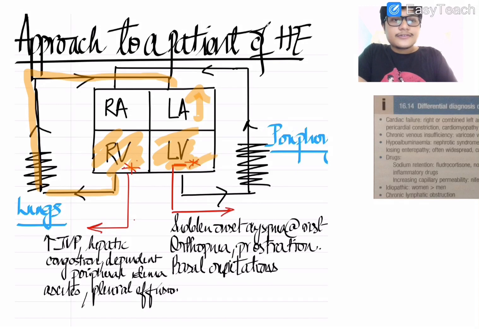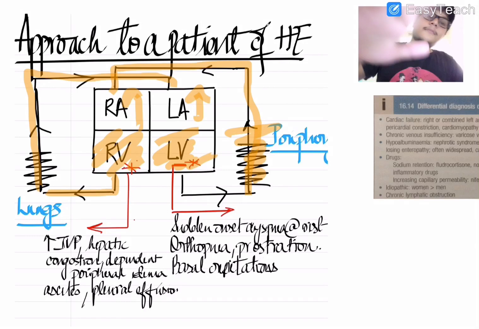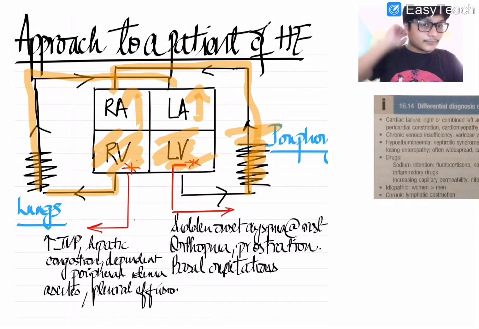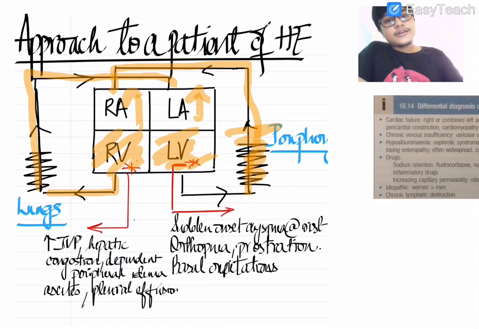to right ventricular failure. Again, over here the back pressure will be transmitted to the right atrium, and from the right atrium that pressure will be transmitted to the periphery. But in this case, the peripheral involvement will occur at a very late stage. Usually the patient will present to the emergency department at this stage. That is where there is onset of acute pulmonary edema.